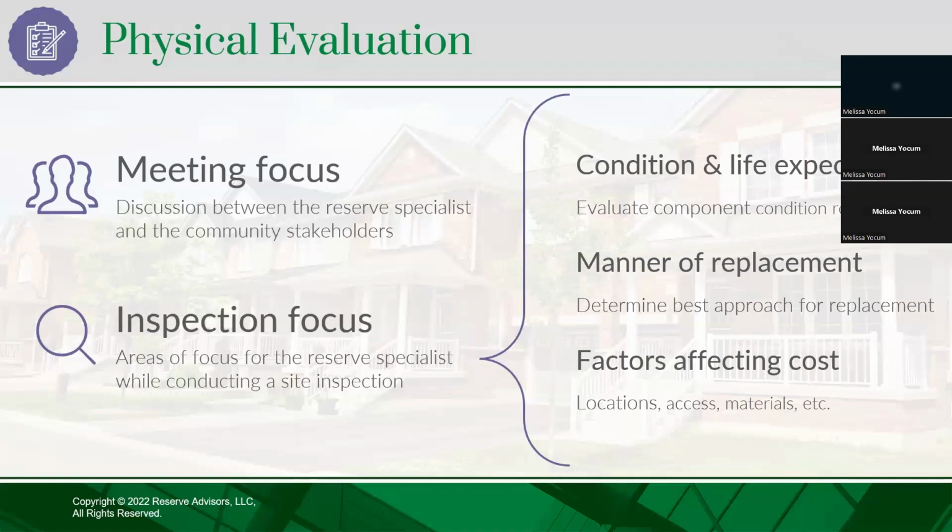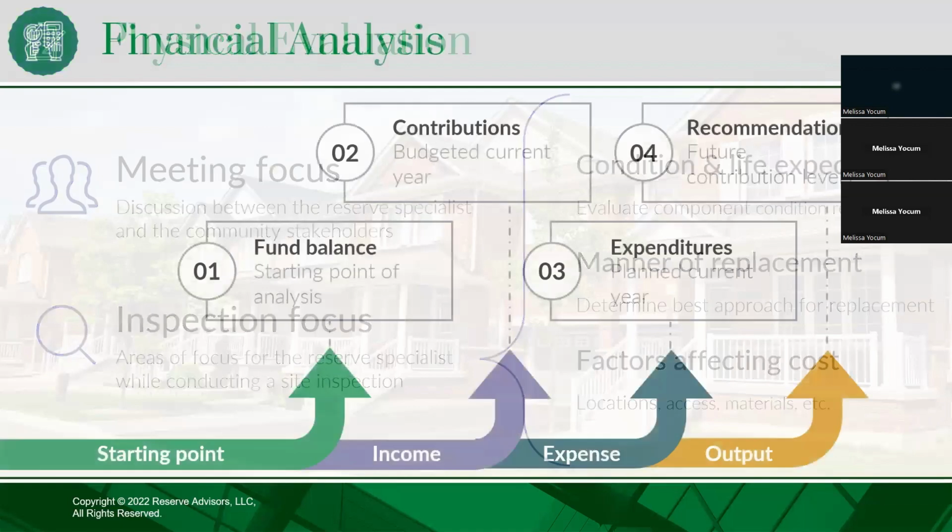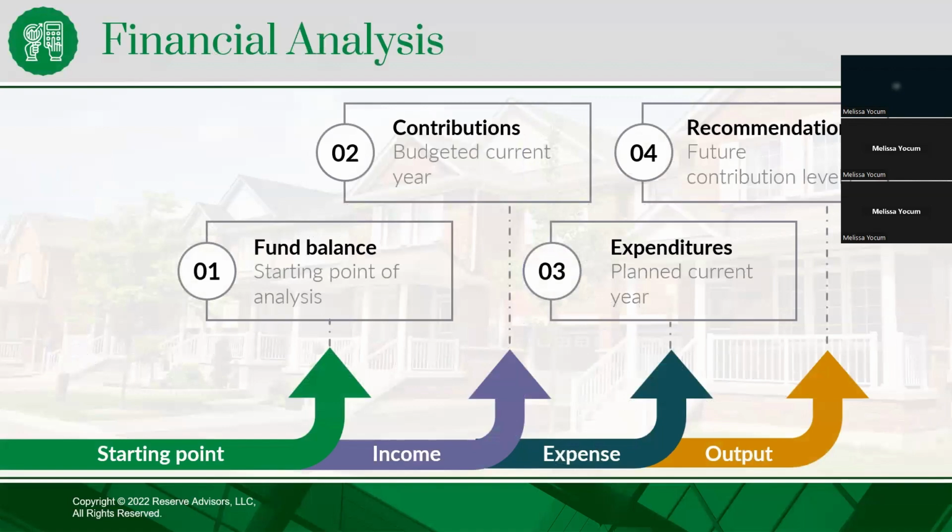After that physical evaluation, after we've aligned on the components, we've measured them, and we've conducted that condition assessment to know the anticipated timing, we've essentially developed that 30-year roadmap of expenditures, right? So the next step is how are we going to pay for it? And the financial analysis is just that, right? A reserve study is a snapshot in time. So you're going to provide us that starting reserve balance. So how much is in the bank today? We've looked at the budget to understand what you're currently contributing to reserves. So we're going to plug in current budgeted contributions for this year.